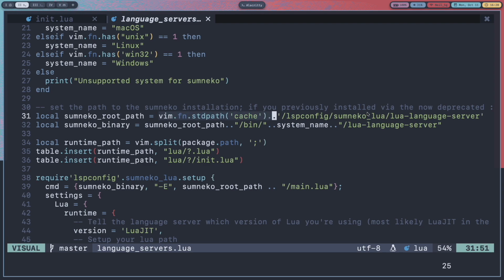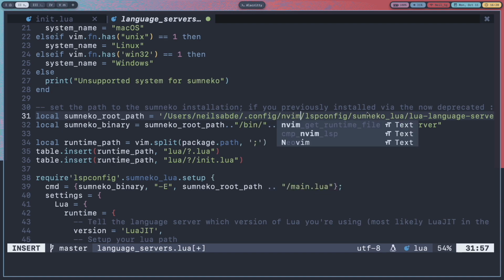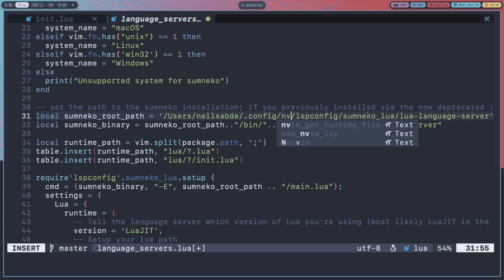For me it is /Users/Neel Sabde/.config/nvim/lua-language-server. Okay, not even that, only /Users/Neel Sabde/.config/nvim/lua-language-server.